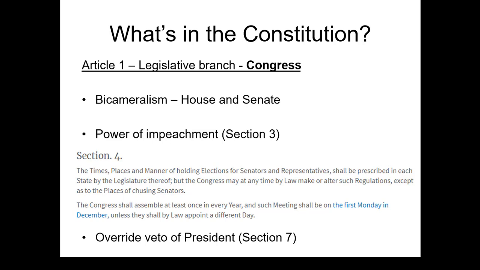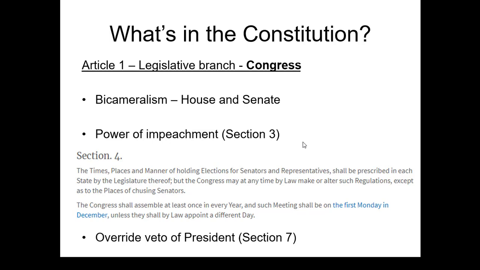They also talk about, in Section 2 and Section 3, that the House has the power to impeach the president, which means they have the power to file the charges or serve the indictment, so to speak. And then the trial for the impeachment would be held in the Senate. It's talked about in Section 3. So we're going to be talking about a few things here in the Constitution that will continue to come up